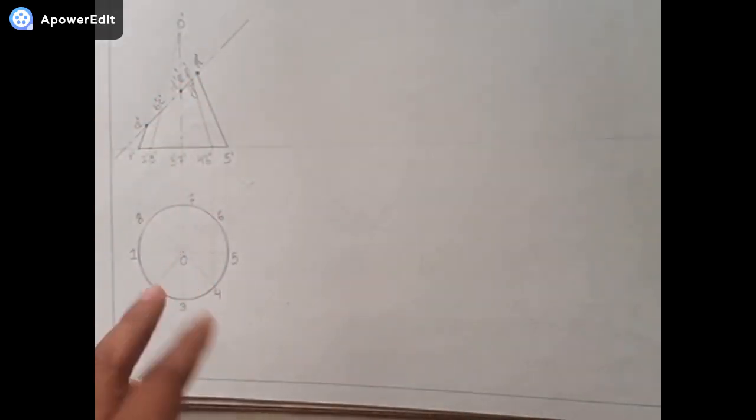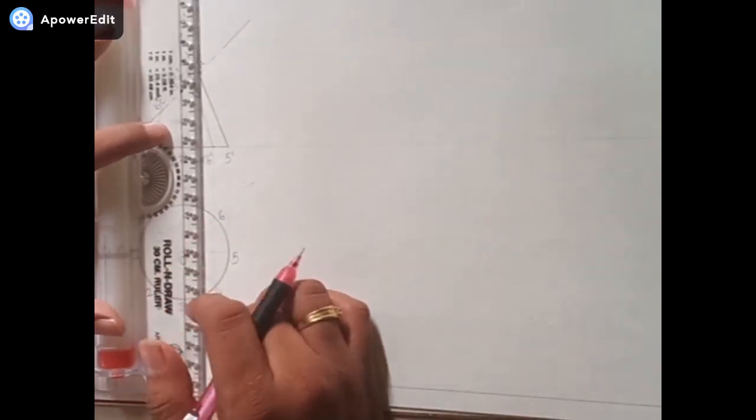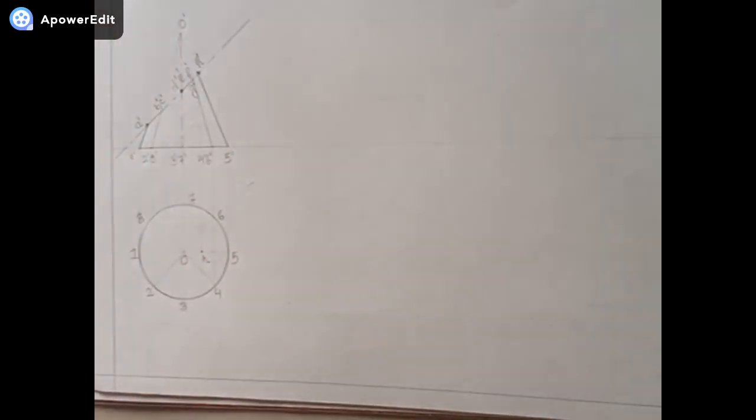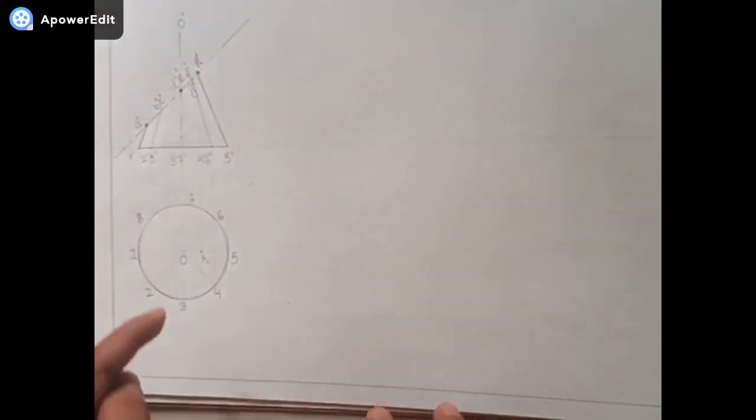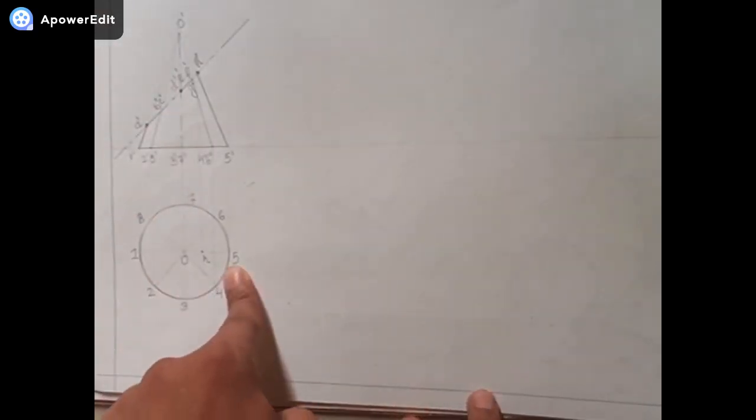So we can take the point A dash directly to O1. We can take the point H dash directly to O5. That is, I will draw projection lines from the point A dash and H dash. I'll draw a projection line from the point H dash, you can see over here, and I will mark this particular point as H. So I've got an H point over here. What I have done, I have just taken a projection from the point H dash and directly projected it to the point O5.